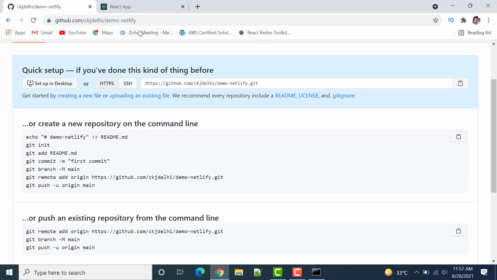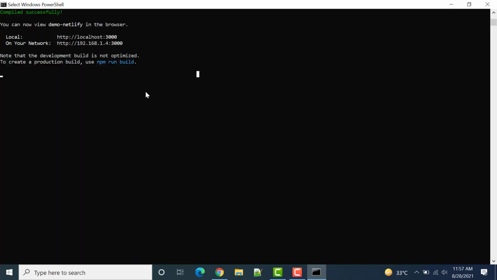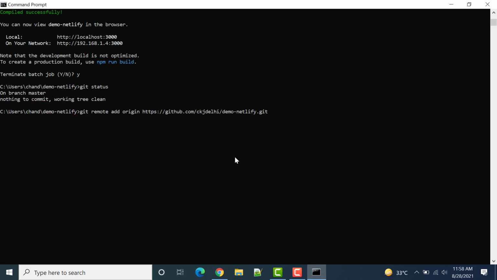So here we have already created the demo-netlify project. What we need to do is first add origin in our React.js project. To close the running app, I'll just press Ctrl+C one or two times. Now we go to the command prompt and paste it.